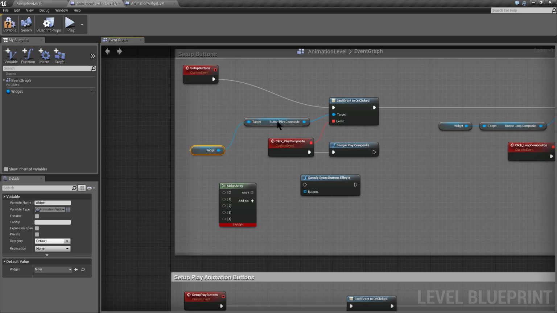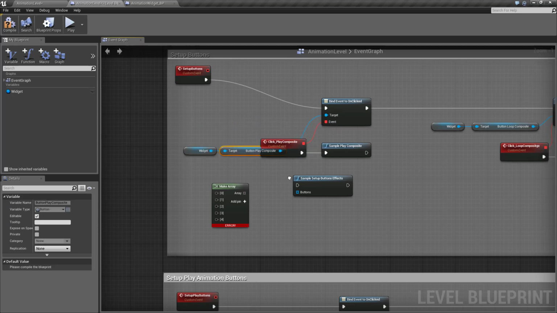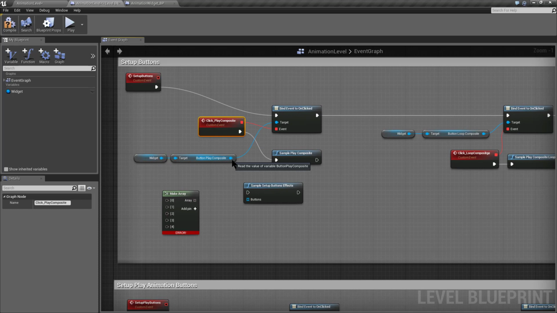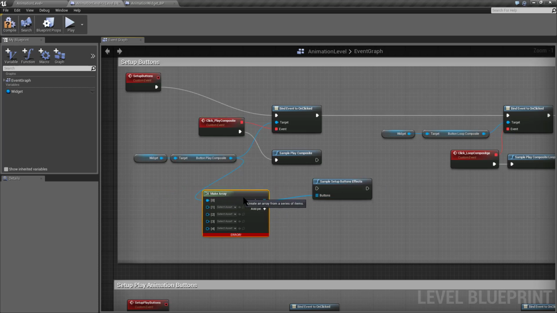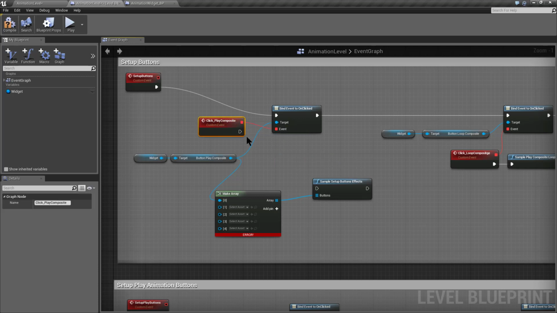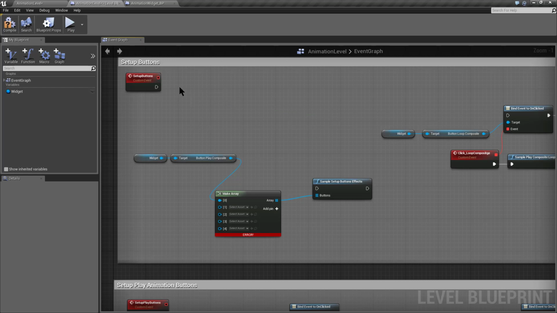So I'm going to take this widget and this target and just route this to the array. There we go. And then once the array is completed, it goes into the setup function. And when we do that, we no longer need to explicitly call this function because it's inside of our code now. And I don't need to bind the click event because that's what the setup function is doing. And then I just connect this here